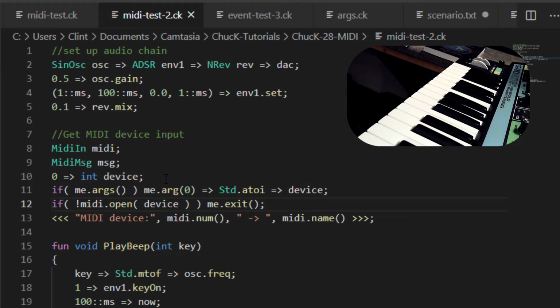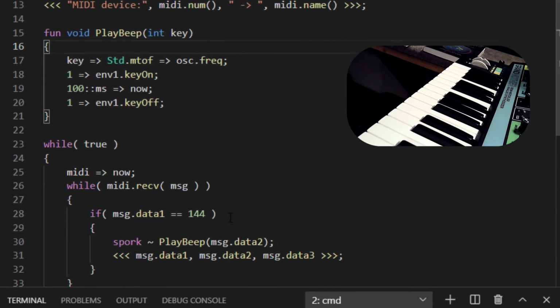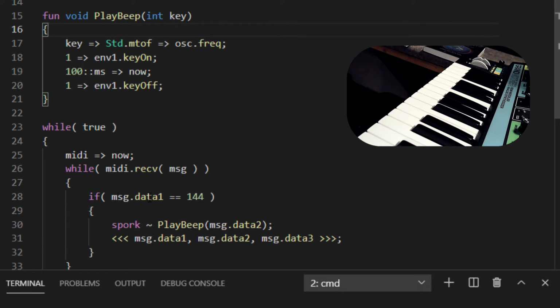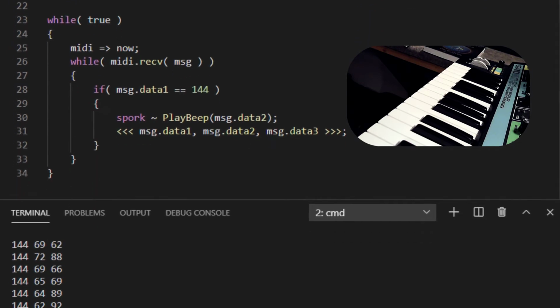Then we're going to exit if we can't open it, and print it to the console. I made a play beep function here that we spork if the message data is 144. So we saw that that was a note on. And then we will spork it with message.data2, which we saw was the note value. And if we run that,